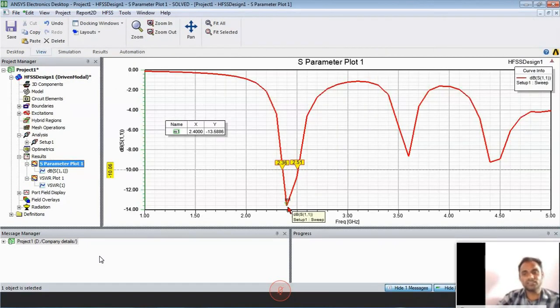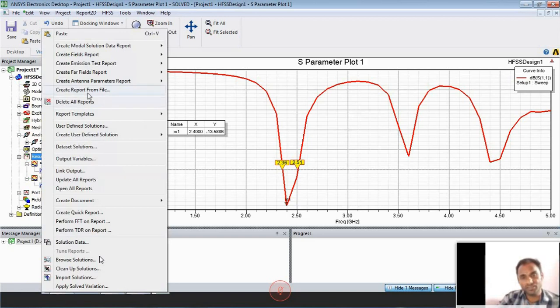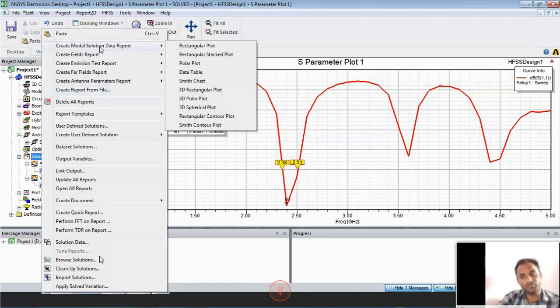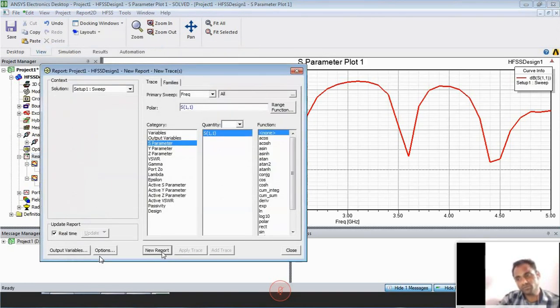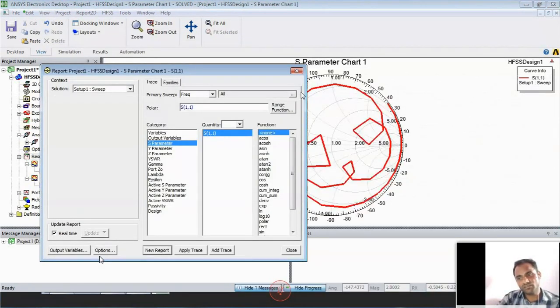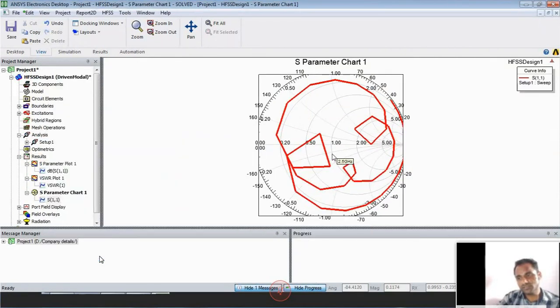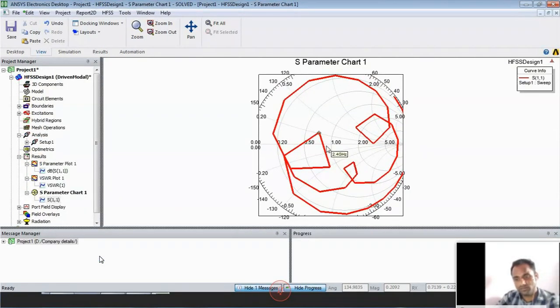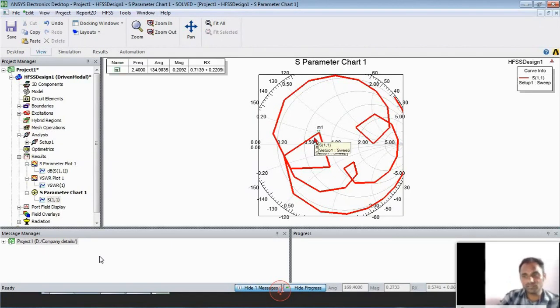So this is a basic thing. Then I told one thing, if I introduce the two capacitances, my impedance is perfectly matched. So now we go for a perfect impedance analysis. So we select a Smith chart. In the Smith chart we give a new report, and we get the unit circle. On that unit circle you need to mark our exact frequency. So the frequency lies below the unit circle. The exact value is 0.7139 plus 0.2299.